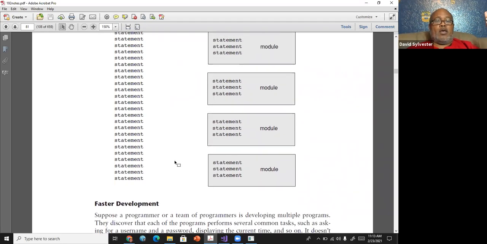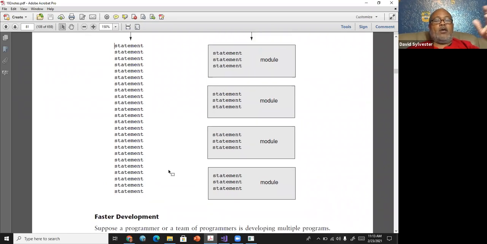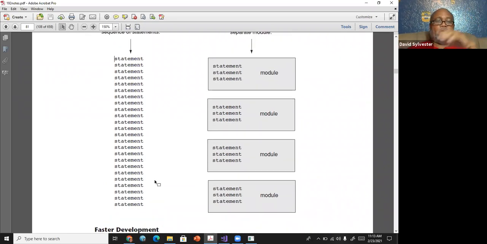Now, it says faster development. What that means is if I had the class and I said, okay, I'm going to break you all up in groups. Group one, you have the responsibility of creating the personal information module. Group two, you have the responsibility of creating the input module to input all the variables in the program.